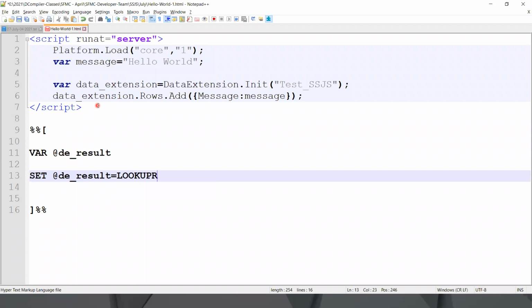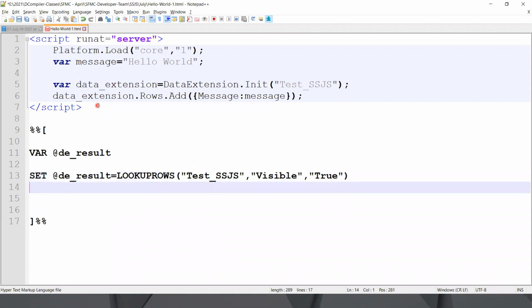lookup rows function, and this time I need to specify 3 parameters. The first parameter will be the name of the data extension. The second parameter, the field, and the third parameter is the value. Once we have this result, as we know that it is only one record at a time which is stored,